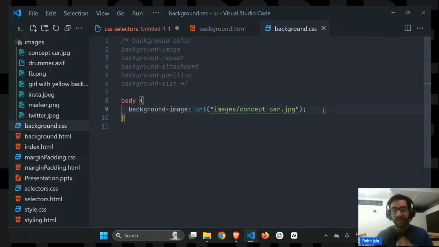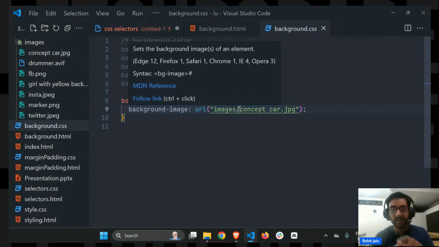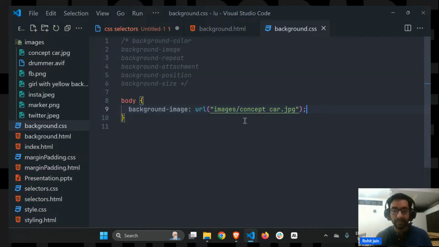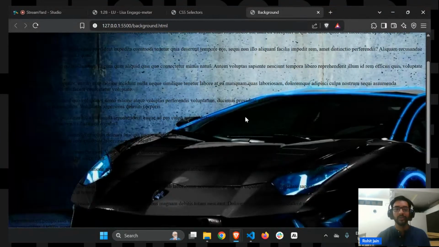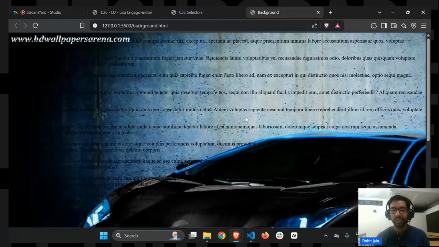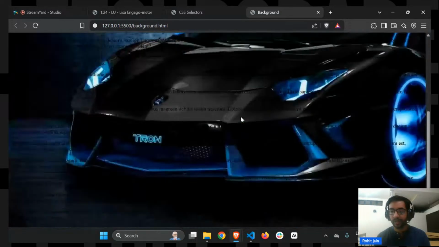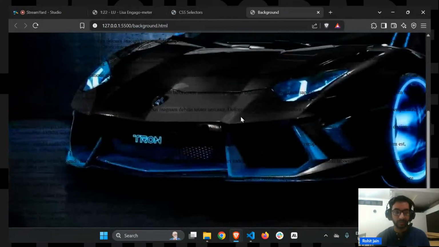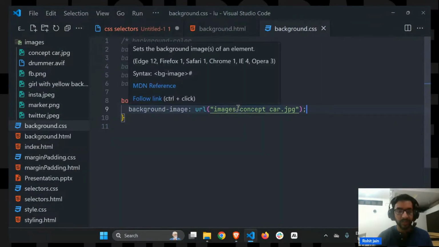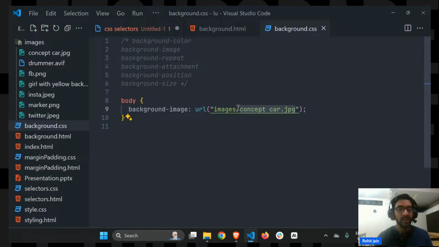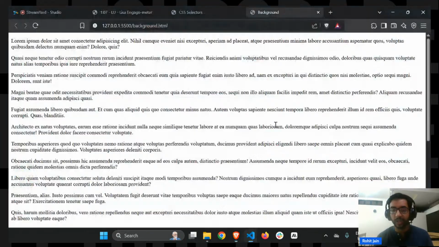Background image, I already have some images now. So images folder, then concept car JPG. If I go to the browser now, can you see the image? Right, background image. Let's apply a different image. Let's try and apply this fb.png, which you can see on the left hand side. FB stands for, yes, Facebook. If I go ahead now in the browser,